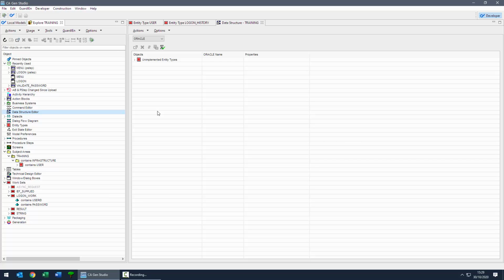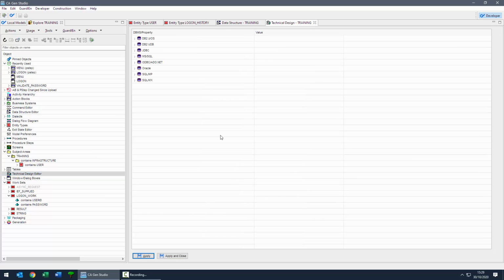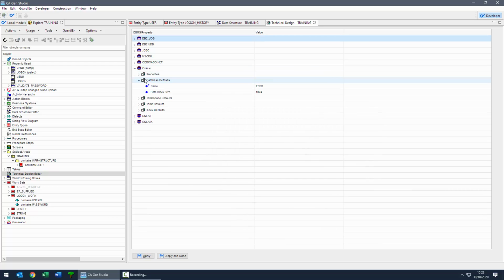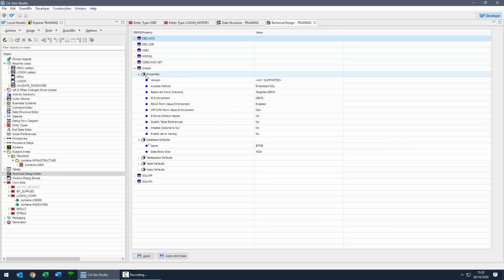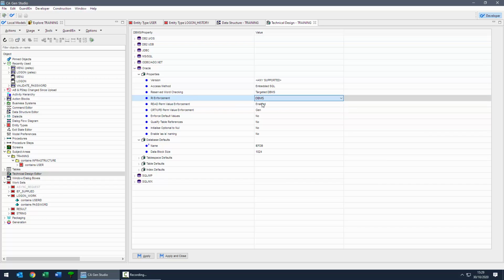Before we go into the data structure editor, I'll show you the technical design defaults, because they are used when you're designing your data structure. If I double click on that, we see the different types of database management systems supported by CAGen, and in my example I'm going to be using Oracle, and so we can see the name defaults like the database name and various other properties, like I want the referential integrity enforcement to be done through CAGen rather than through the database,